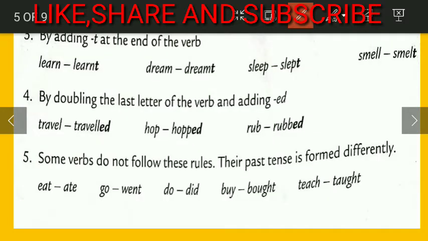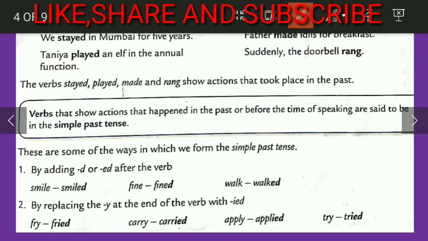Okay, now let's see another one. Carry, apply, try. Okay, carry, apply. Here it is written CARRY. Then the second one is apply, then try, and cry, same as before. The rule will be applied like this.